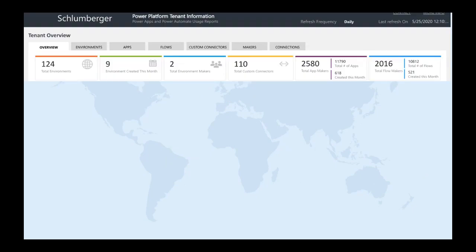Okay, so let's look into the Power Platform. This is the Power BI dashboard. We talked about this. So this is our Power BI dashboard. A couple things I like to call out here. This is the Power BI dashboard that we use to find out how many environments we have, how many apps